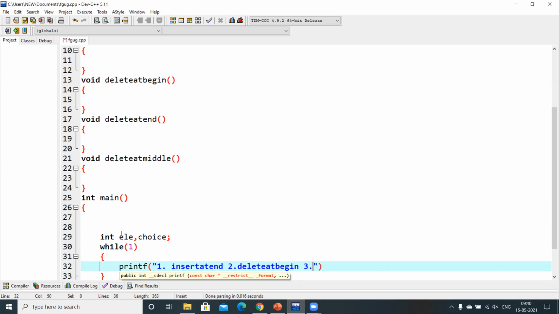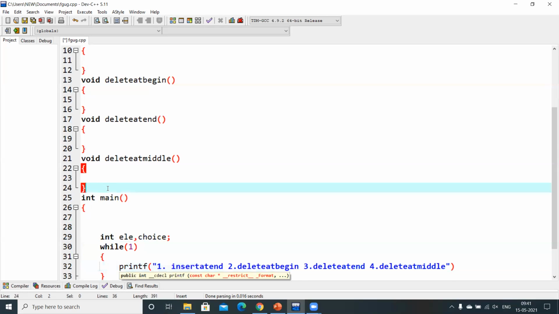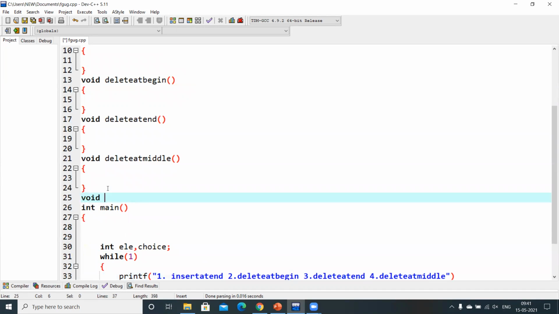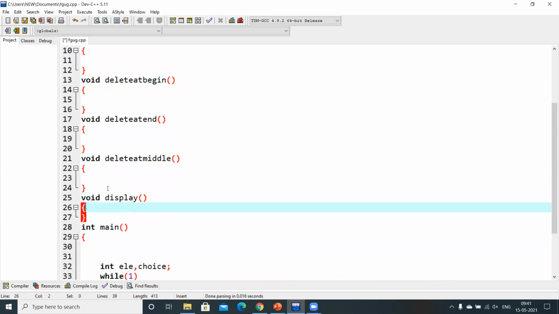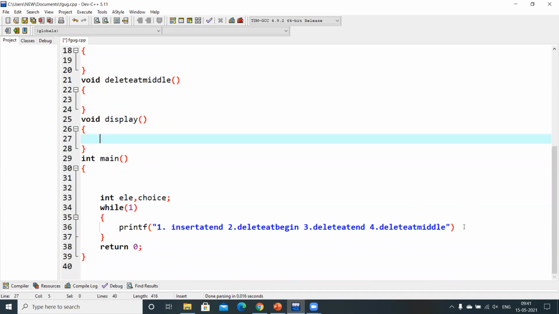The next choice was delete at end. The fourth choice was delete at middle, and the final choice I will write here. We need to display, right? Void display is one more function in order to see the linked list, right?